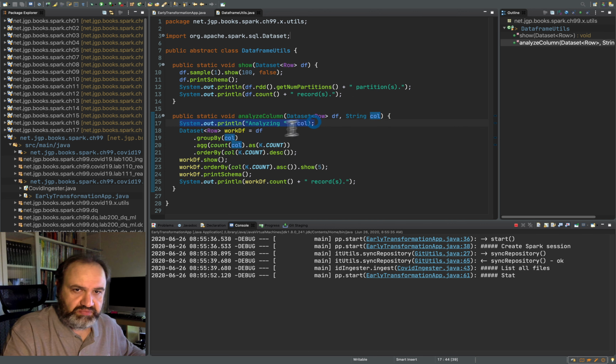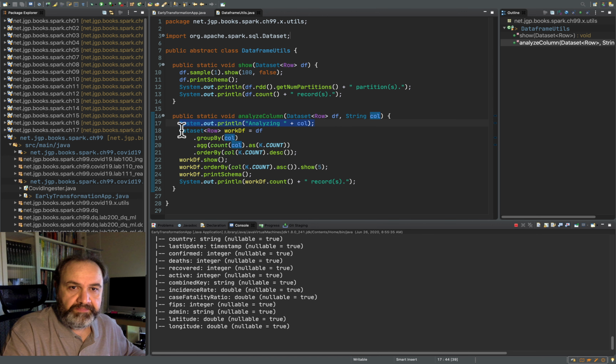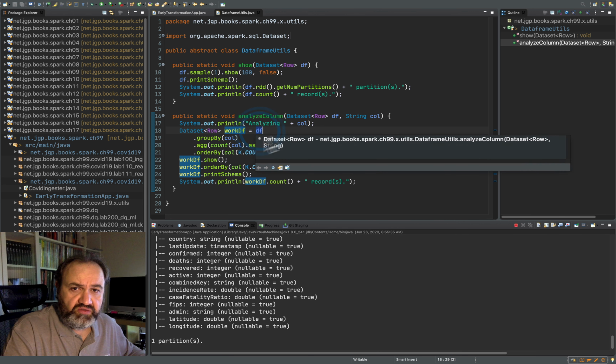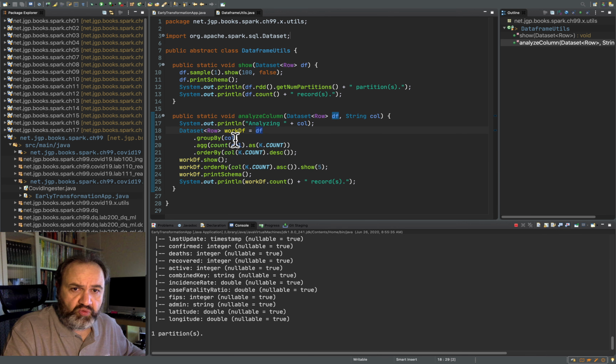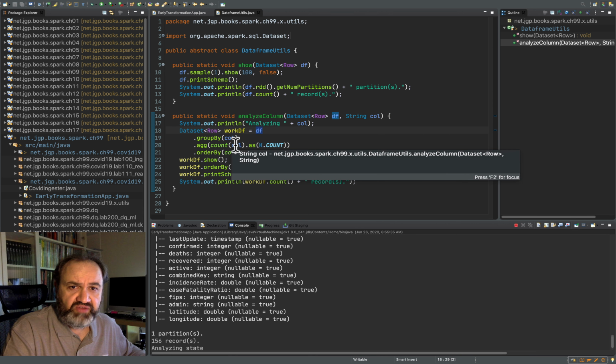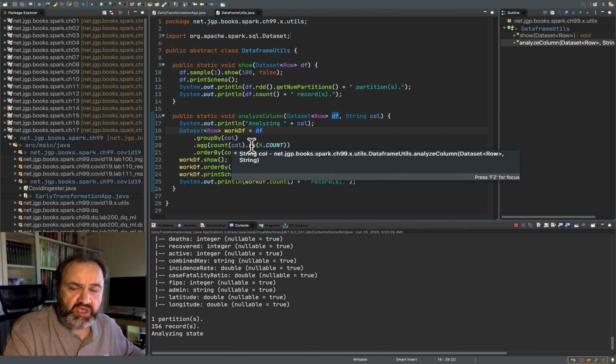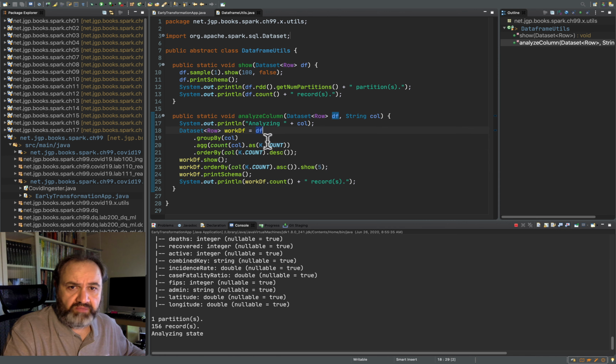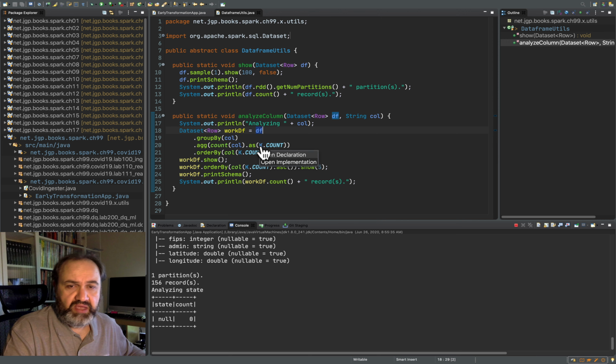I could do logs, but basically what I'm doing is creating a new data frame based on the data frame here. I'm grouping by the column and doing some aggregate, just counting the number of different values in this column, and renaming it as k count. I use k for classes where I put my constants.